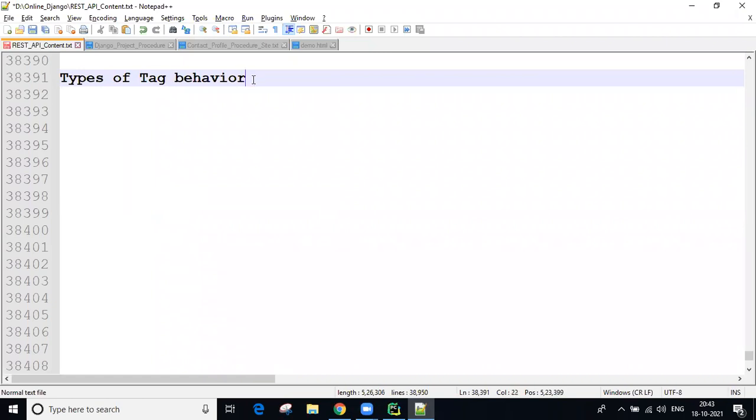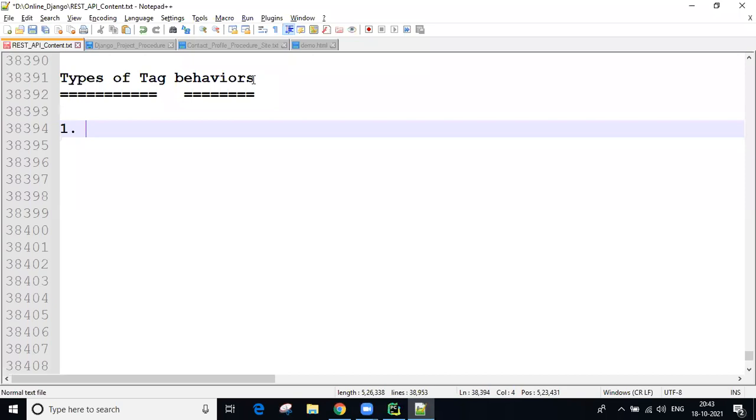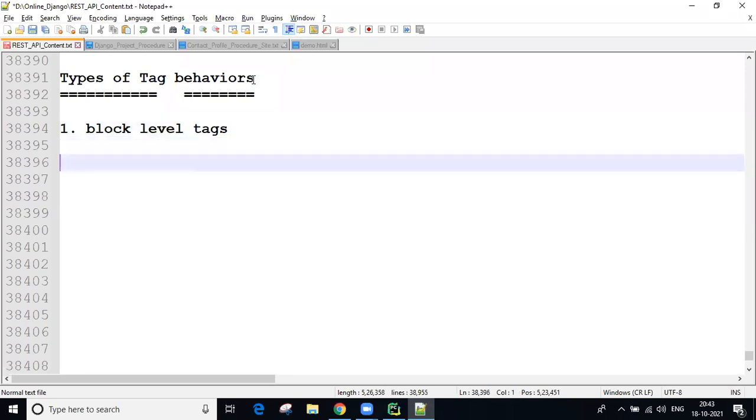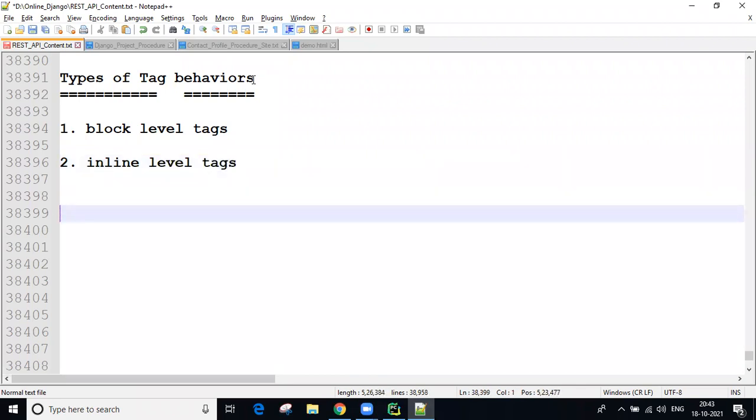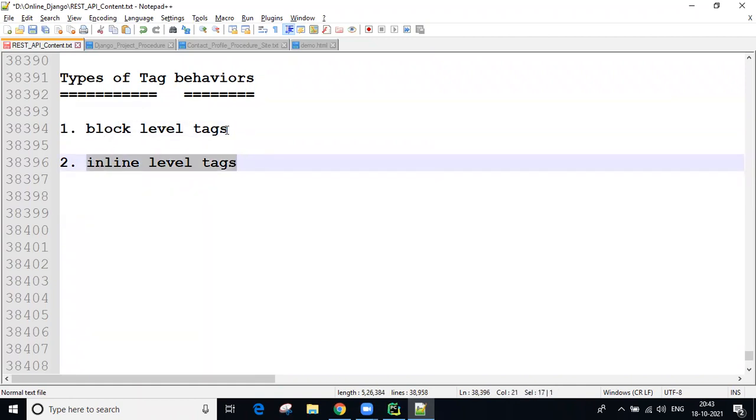Based on the tag behavior, two types: one is block level tags, another one is inline level tags, guys. What is block level? What is inline level? Now we will discuss.